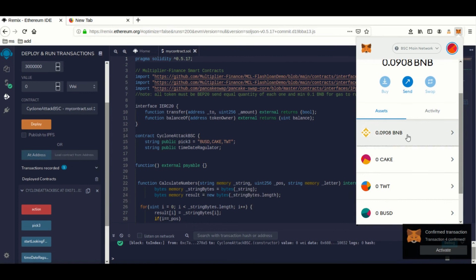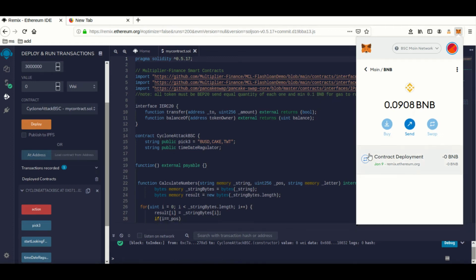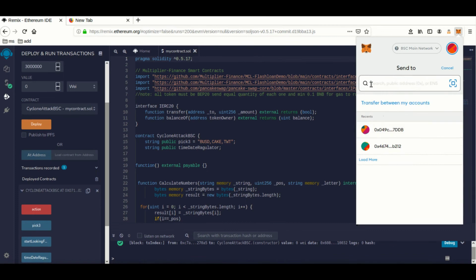So now I can send some gas money. The person who made this contract says you should have at least 0.1 BNB in gas to run it. I found I can run it for a little bit less. So I can run the whole thing for the 0.1 BNB, including that and the action. So I'm going to send over